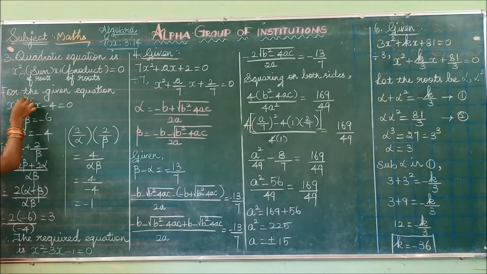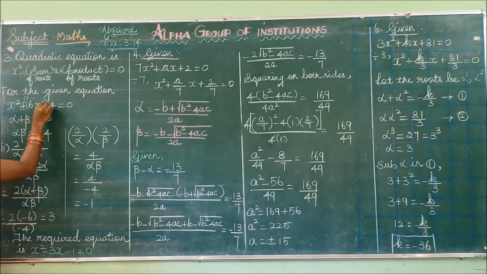So you leave the minus. What is the other term? Minus 6 is the coefficient of x. So the sum of the roots you can write, alpha plus beta, which is equal to minus 6. Then the product of the roots is here with a plus sign. So this can be written as plus into minus. So minus 4 is our product. Alpha plus beta is minus 6. Alpha beta is minus 4.